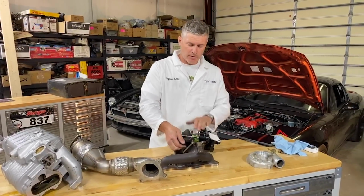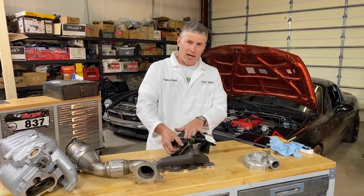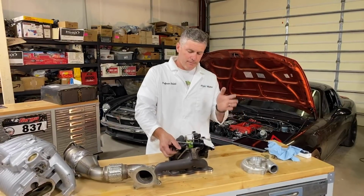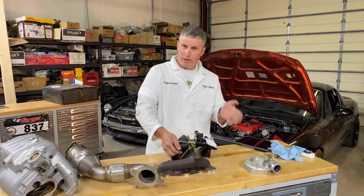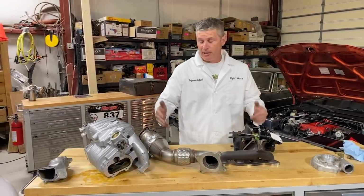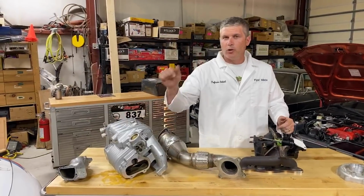So heat management becomes more of an issue. You can get on top of that. This is the one that can keep running high power for a long period of time. The response part makes it a little less favored by the autocross guys. Autocross guys tend to go for superchargers. Again, it's about the implementation, but all else being equal, they'll often go with superchargers for that super lightning quick